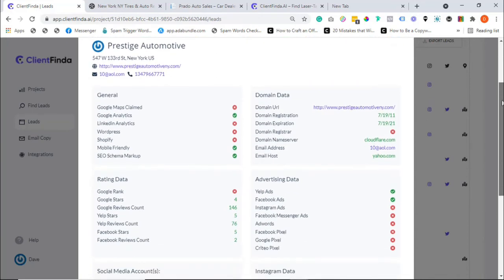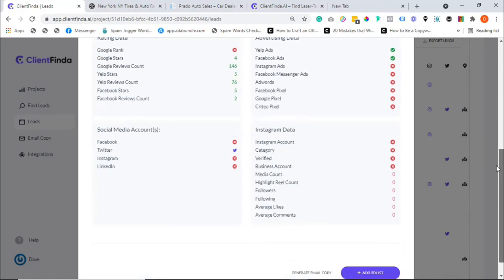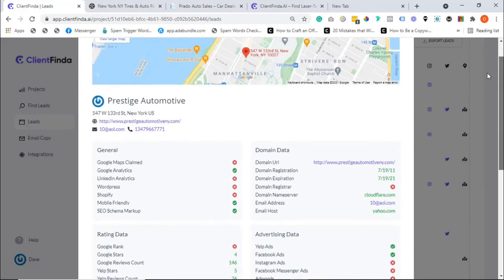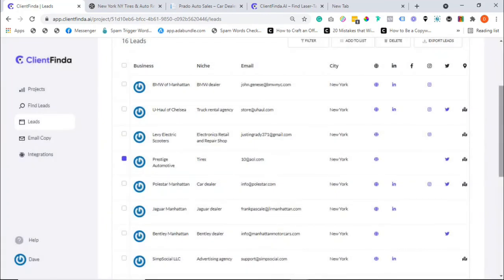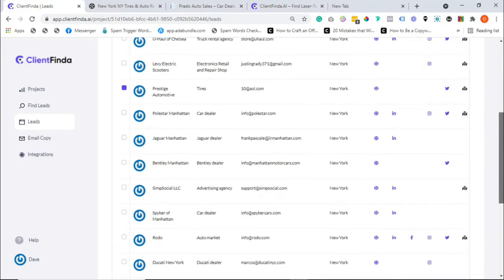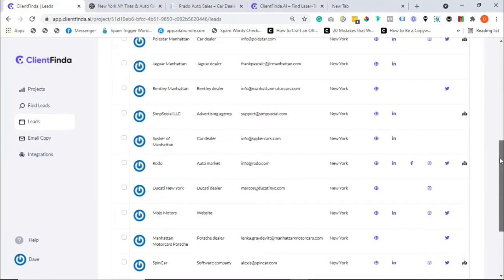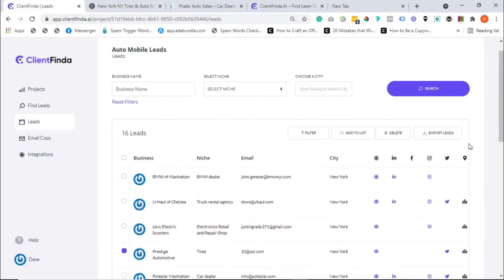Remember the saying, sell your customers only what they need and not what you want? This is exactly what Client Finder helps you do. It doesn't give you a random list of leads that you have to keep chasing to buy your product, as most lead scrapers do out there. Instead, it gives you leads that actually need your help, thereby increasing your chances of selling the deal immediately. Now that's what I call laser-targeted buyer leads.